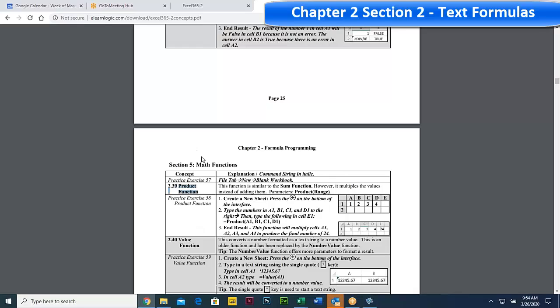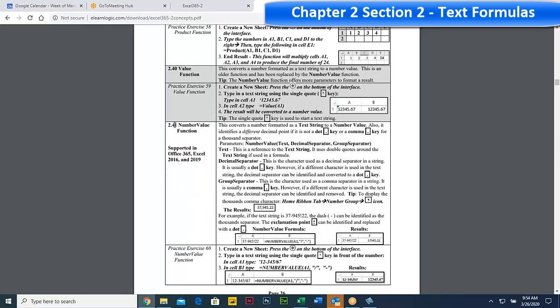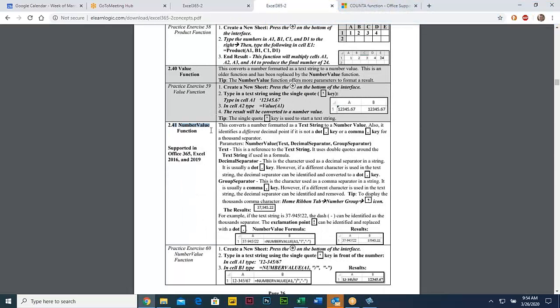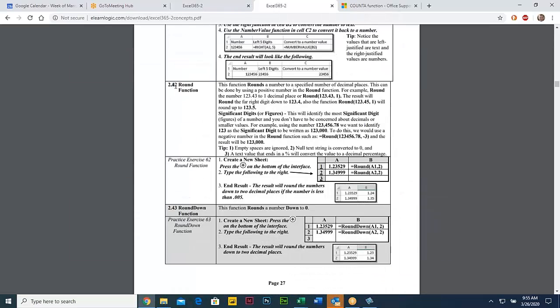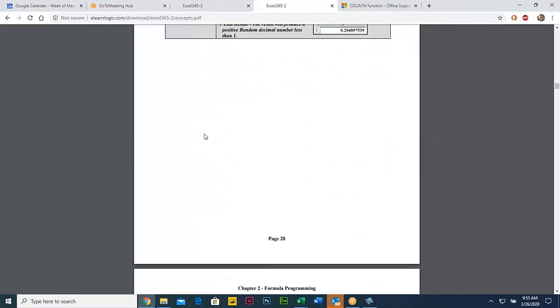The product function, this is a math function. This product function is like a sum function, but you can multiply things using the product function. So it multiplies this times this times this. So there's a few other math functions, and there's some number conversion functions. If you have numbers that you convert across from some database and the number gets converted to text and not a number, there's ways you can convert things back to a number automatically. There's some rounding functions in there. If you have an interest in that, you can go try out some of these examples. But I'm going to focus more on the things that I think a lot of people have a real interest in,